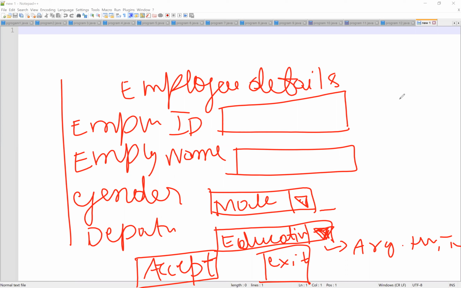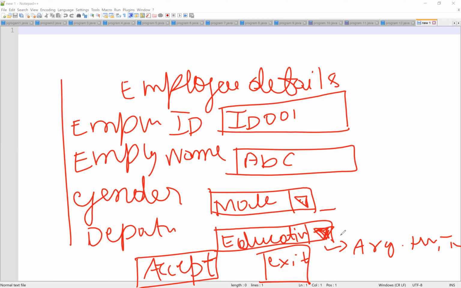For example, employee ID will be 001, name will be ABC, gender will be female or male, and department will be education department.